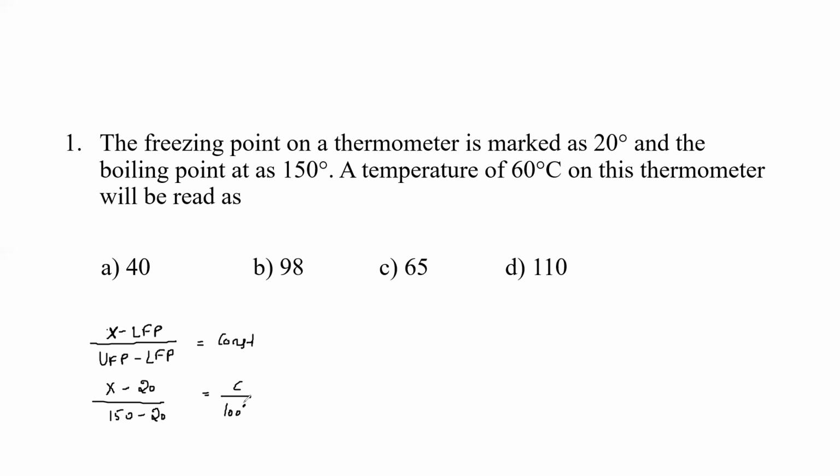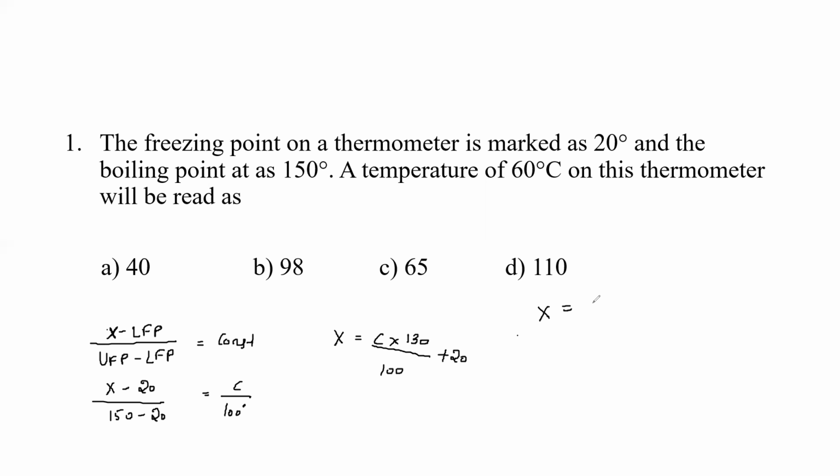Now we can simplify this for x. Therefore we will get x is equal to C into 150 minus 20, which is 130, divided by 100. The minus 20, if it comes to the other side, becomes plus 20. Therefore, if I simplify this, I'll get x is equal to